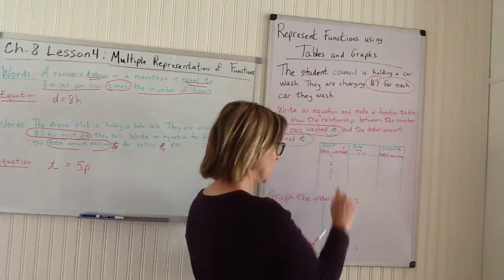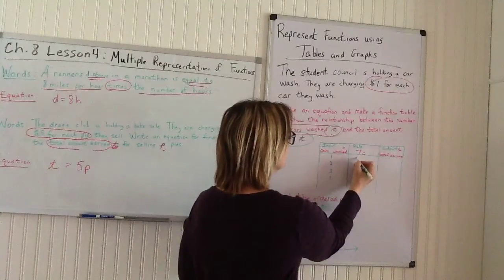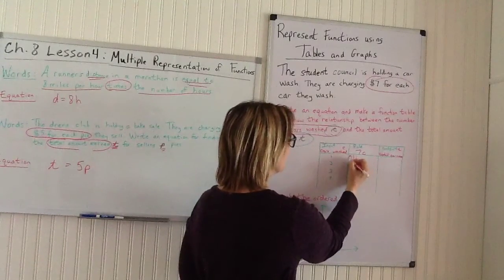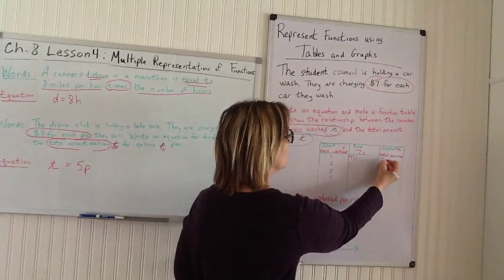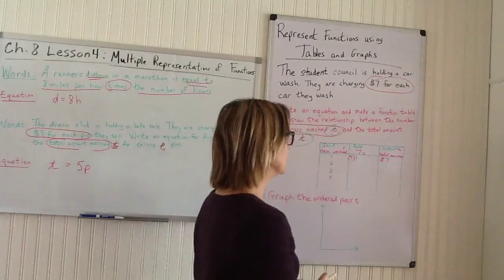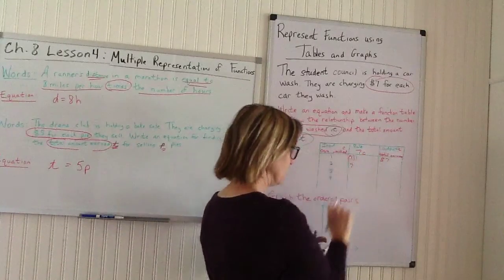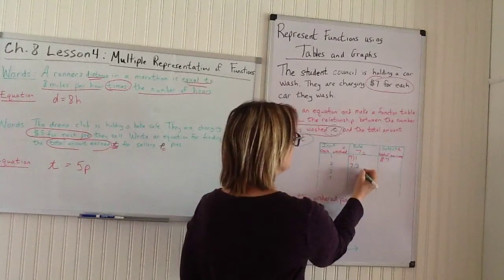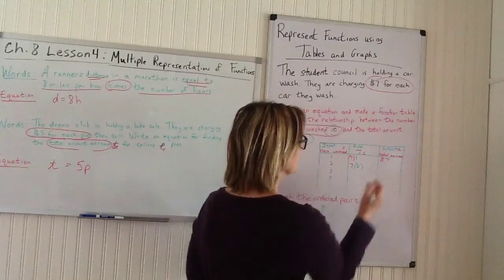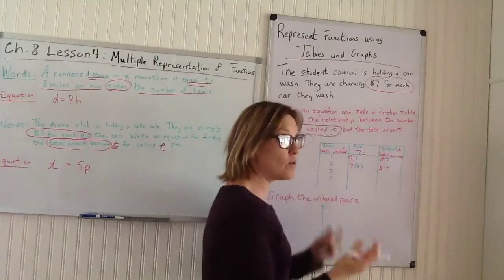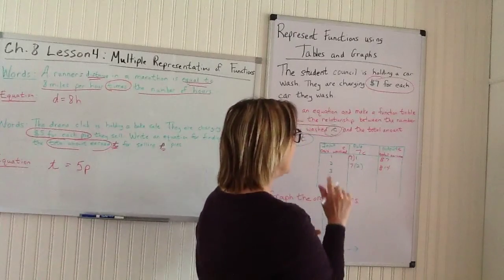If I have one car washed, there's my 1 times 7, or 7 times 1, either way. For that one car, they're going to earn $7. If they wash 2 cars, I'm going to do 7 times C. My C is 2. 7 times 2 is 14. They earn $14. And I keep going through this until I have enough